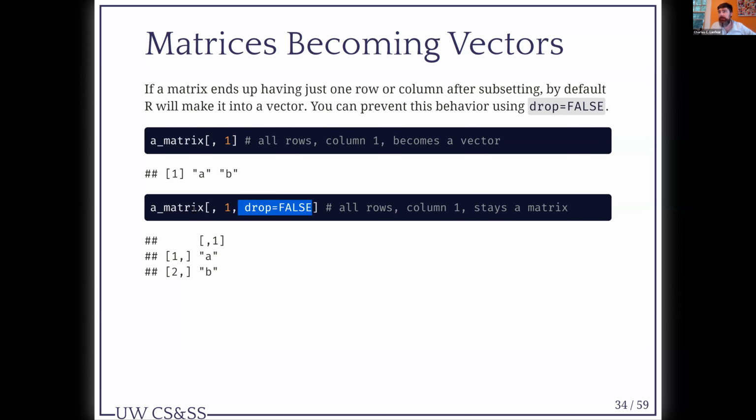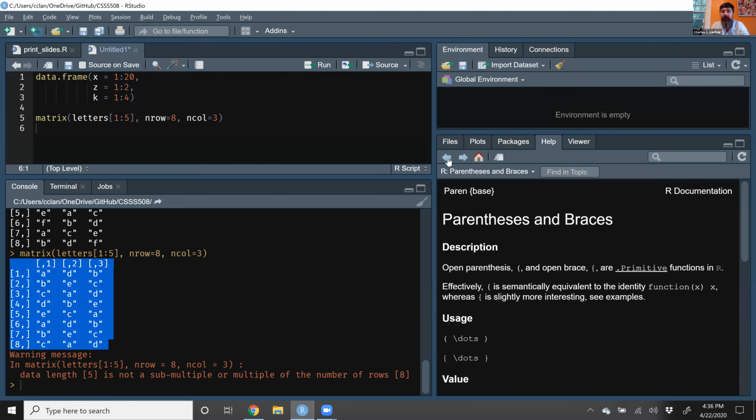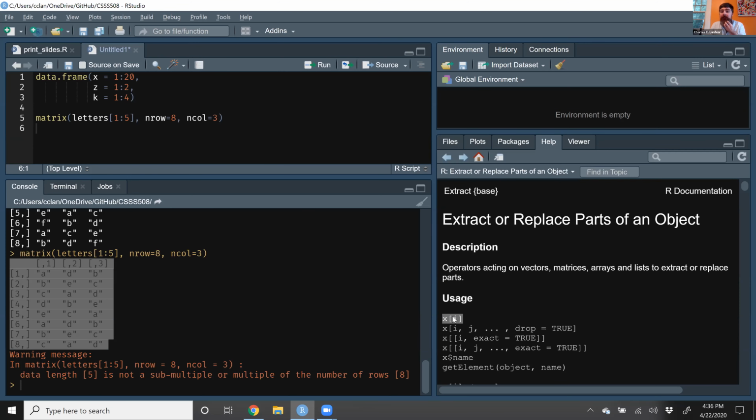It's like I'm giving some other argument to a function. This looks kind of weird. The reason for it is that these brackets here are a function like any other function in R, and you can give them other arguments. It just so happens that if I look at the bracket subset operator here, on a matrix, it takes